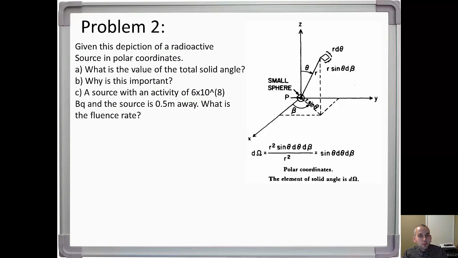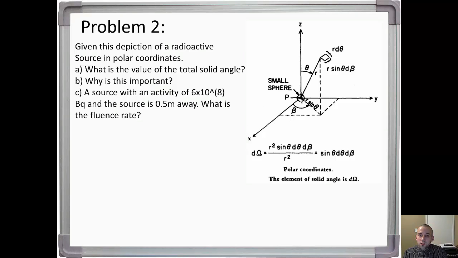Okay, so going on to problem 2. So this is a depiction of a radioactive source on polar coordinates. What's the value of the total solid angle? Okay, so the question is, what is the total solid angle? So essentially what it is